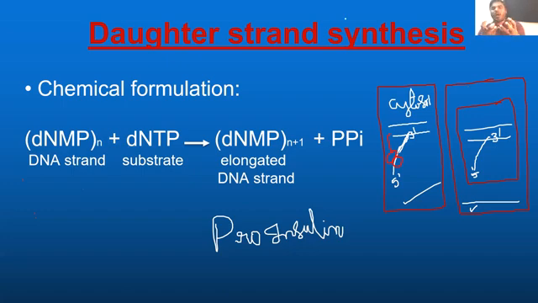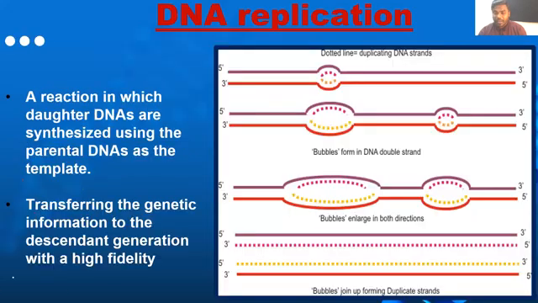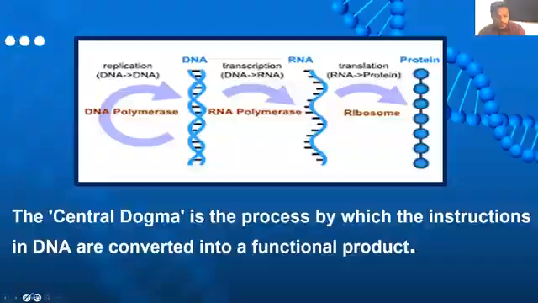So the protein has to be modified. If the protein has to be modified, certain modifications have to occur. Where are those modifications occurring? Of course, in the cytosol only, whether it is a prokaryotic organism or a eukaryotic organism, doesn't matter. The process is called post translational modification. Now you can ask me, sir, why do you call it post translational? Because the modification is happening after the translation. That is the reason.